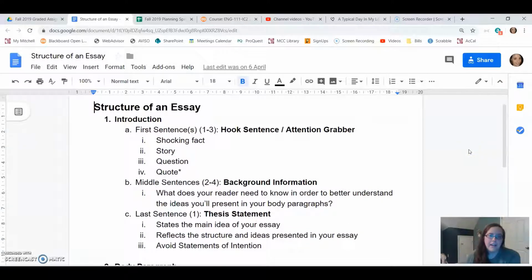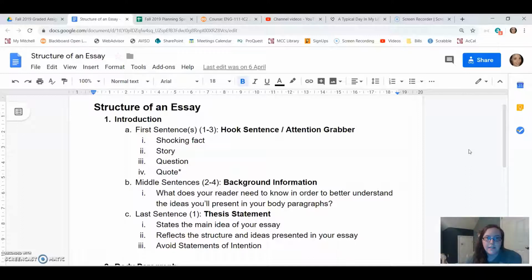You can provide a surprising fact, you can tell a small story, and now because you're writing a personal narrative style essay, you're really telling stories about your life throughout. So this might fit quite nicely, or you might find that it's too similar to your body paragraph style and you want to do something different. You can ask a question, and you can provide a quote. And whatever you do, you just want to pick whatever is going to feel right for you.